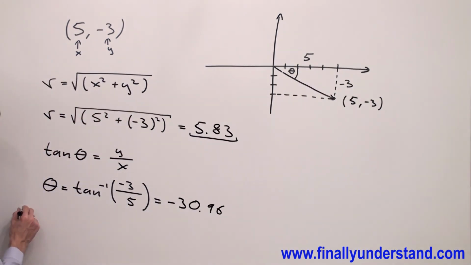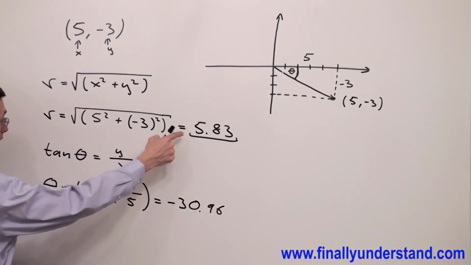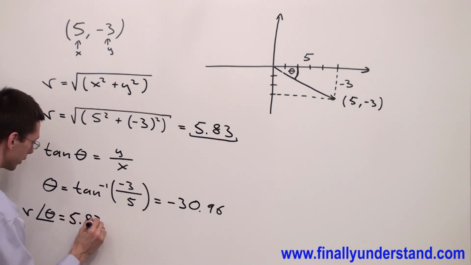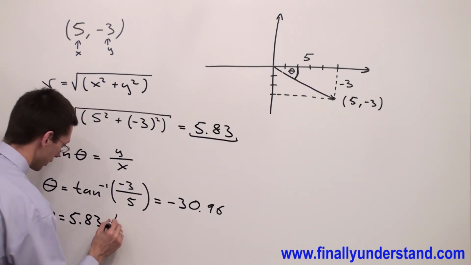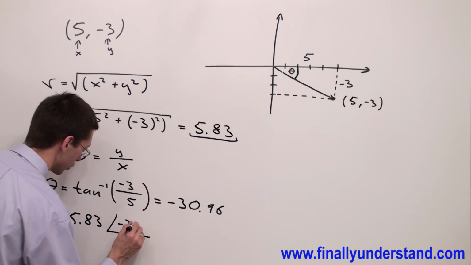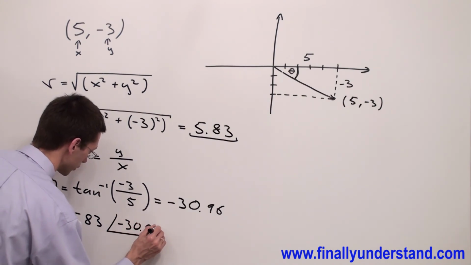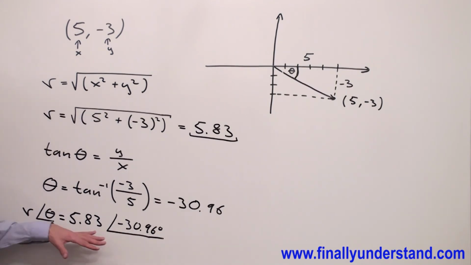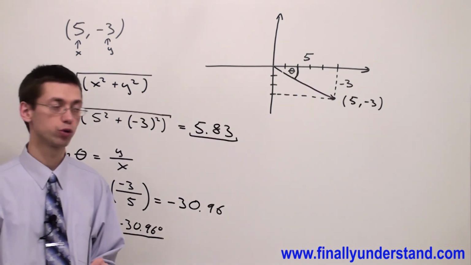So my polar form is r angle theta. This is equal to r, which we said is 5.83, and an angle of -30.96 degrees. Now, before we say that this is the final answer, we're supposed to look at the